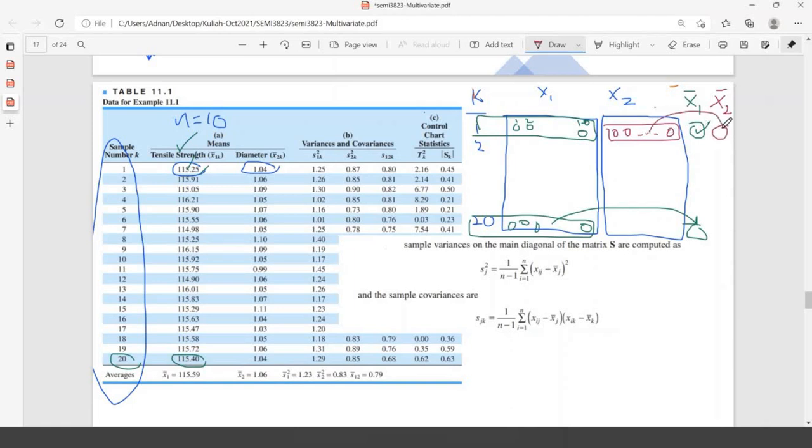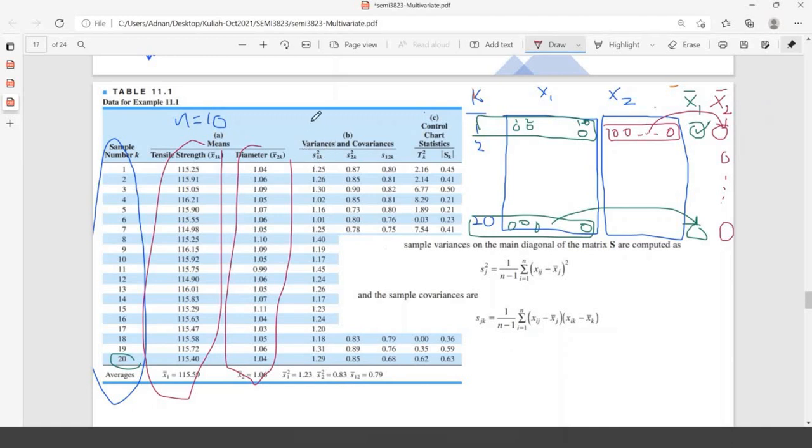Okay, transfer to here. So what you see on this table is already summarized values in terms of averages of tensile and diameter. So I hope that is clear on this one. This value is already the average of each of these 10 measurements, for this one and for this measurement. Because you have n equal to 10, you are able to measure the